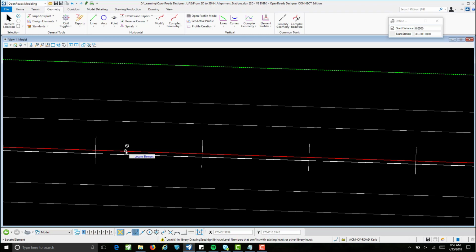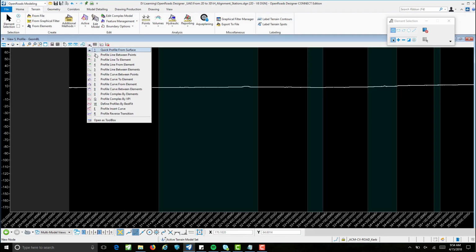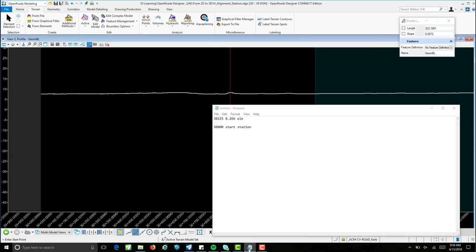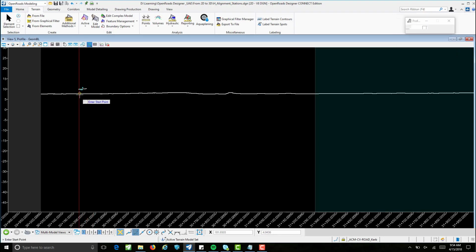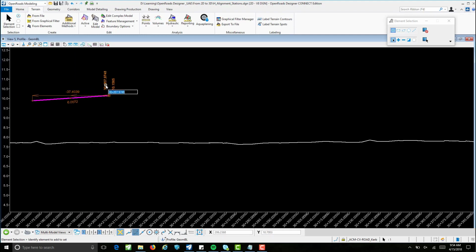And then you're going to select the file. Now you see your profile line with the active terrain. Let's enter the value first of 30,250. So there are a couple of ways you can do it with Civil Draw or just place a line